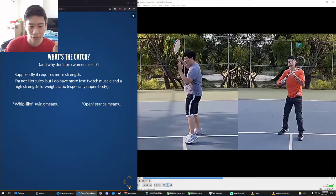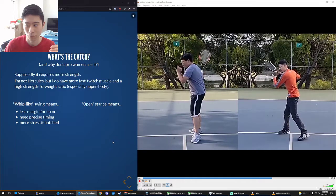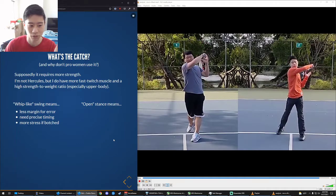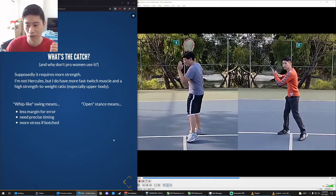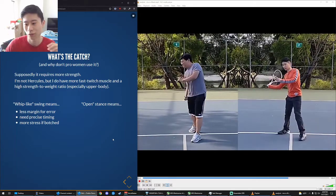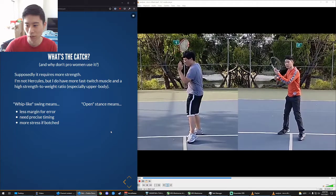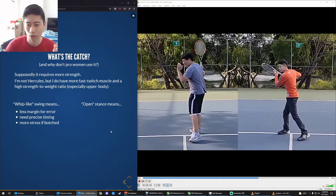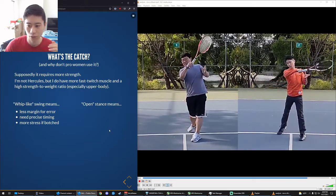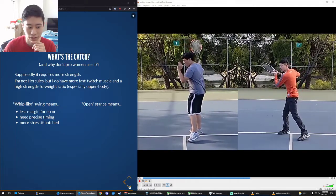Now that said, having whip-like biomechanics means you basically just have less margin for error. It's less sturdy, if you will, and therefore, if you mishit the ball, it's going to screw up more dramatically. It might be a little bit more stress on your elbow and your other joints if you mess up the shot. And on top of that,